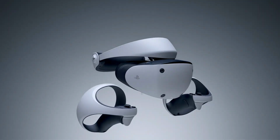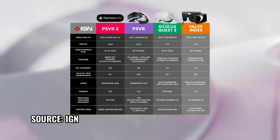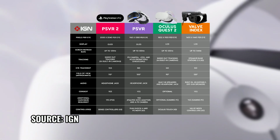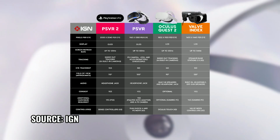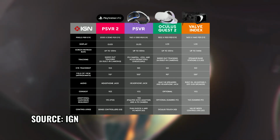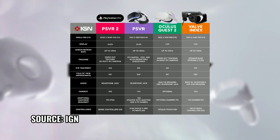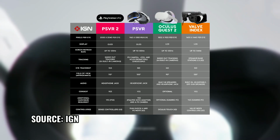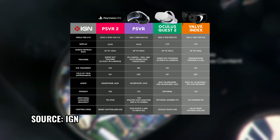How does this compare to other VR units? The most obvious comparison is going to be Meta Quest 2, priced at $400 and $500 for 128GB and 256GB respectively, and it includes Beat Saber for a limited time. With an LCD display, 1832 by 1920 resolution per eye, up to 90 Hz refresh rate and 3D positional audio,